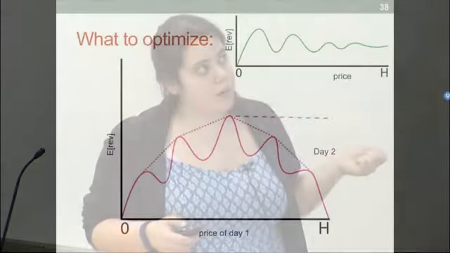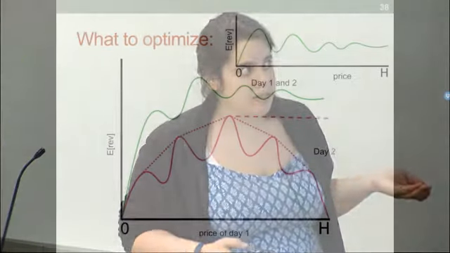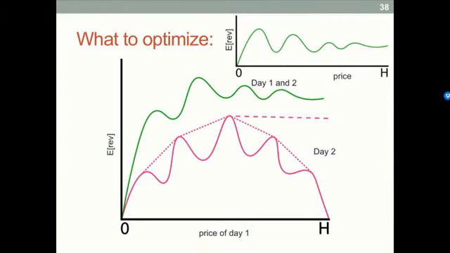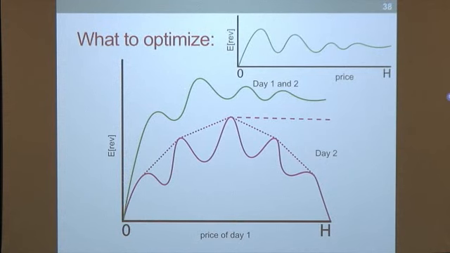Okay, cool. So the point is just that this curve here is the best revenue from day 2 given a price on day 1. And our revenue curve for day 1 is the revenue from day 1 given a price on day 1. So what it means is we can sum them. And what this curve is just the best revenue you get from both days given a price you set on day 1, which means that the price you set on day 1 should be the peak of this curve, right? Yep. Does that make sense? Okay, cool. So if all the curves were concave, deterministic prices would be optimal. Yes, exactly. Okay.